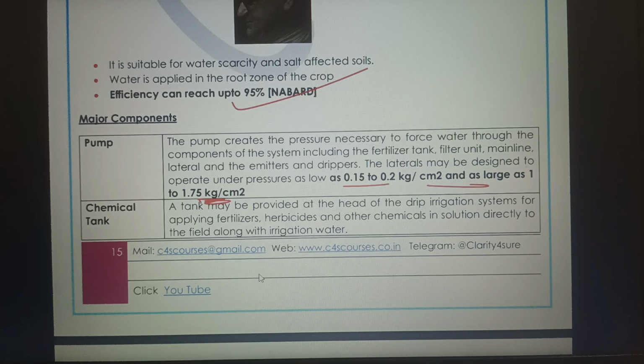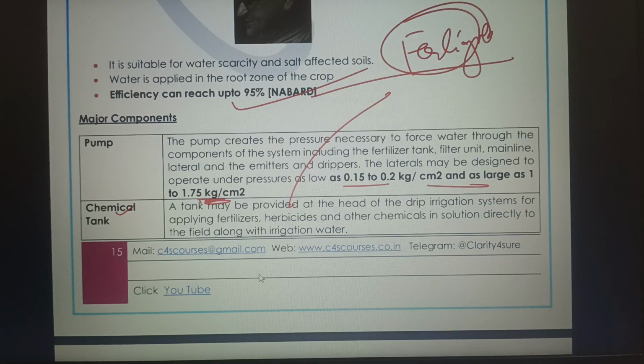So the components of the drip irrigation is pump, from where the water is being pumped and it is given to the field. You have the chemical tank, so that you can mix the fertilizers. What term we use when we mix the fertilizer with the drip irrigation in the tank? What term we use? I am talking about fertilizer, so it will be fertigation. So when I say that we mix the chemicals, then you use the chemigation. When I say I mix the fertilizers and the pesticides, then I will say chemigation. If I only say fertilizer, it will be fertigation only.